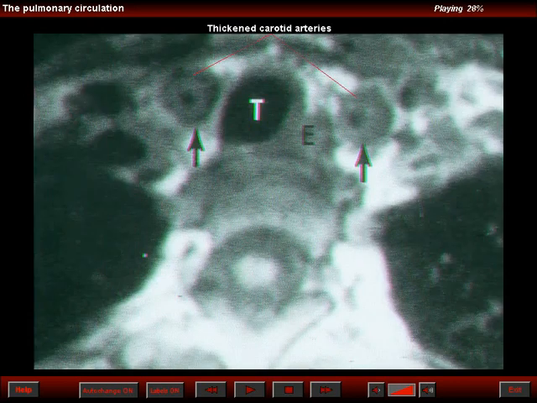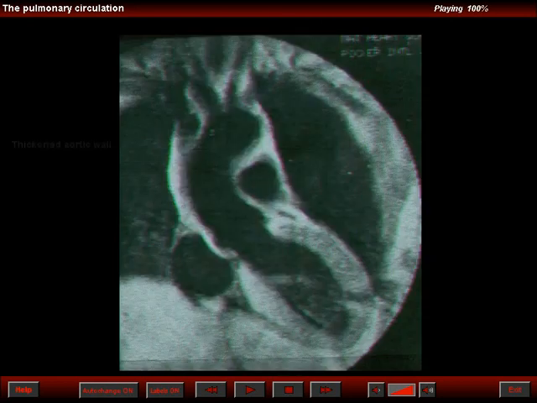Axial MR study of the neck shows thickened carotid arteries. This is an MR examination of a patient with systemic arteritis. One can see the marked thickening of the wall of the aorta, which also shows a